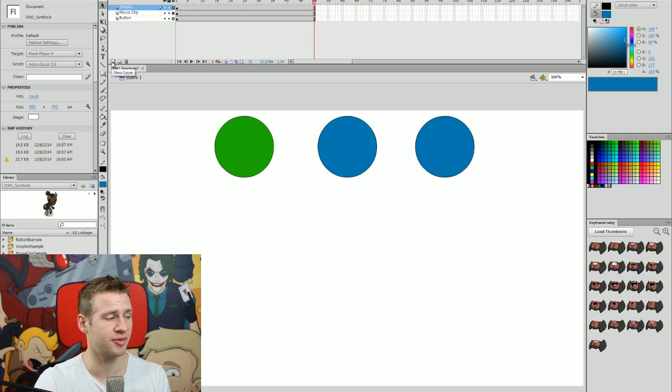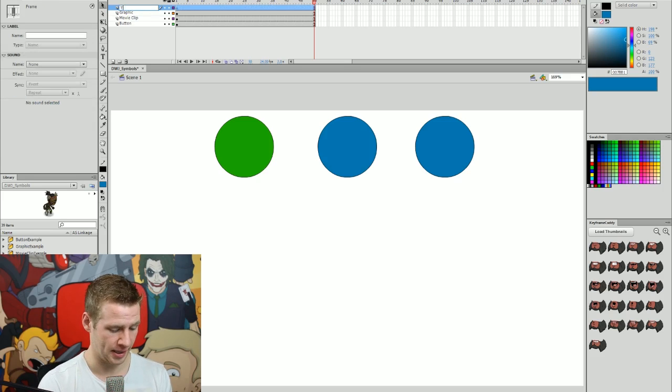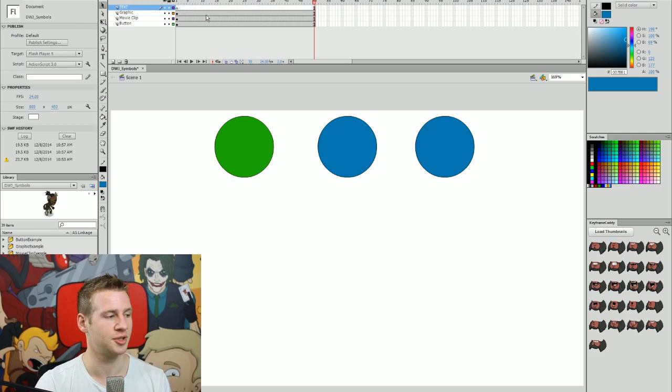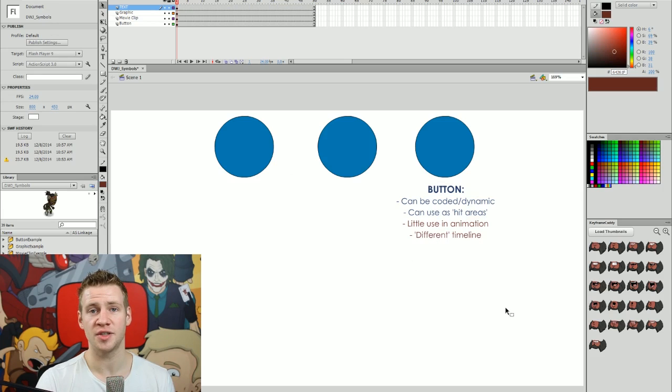The last thing I'm going to do is create a new layer, and I'm going to call this text in capitals so you know exactly what you're looking at. And I'm just going to create a bit of a list for each of these just to be perfectly clear as to their function. So first off, we have the button. These are just a few main points that you might want to keep in mind as to the uses